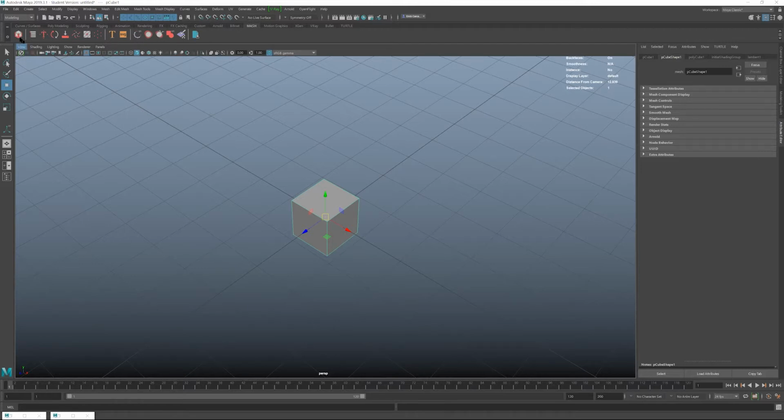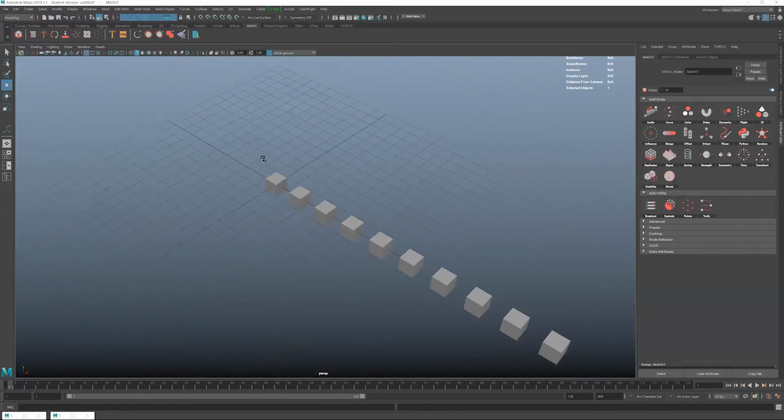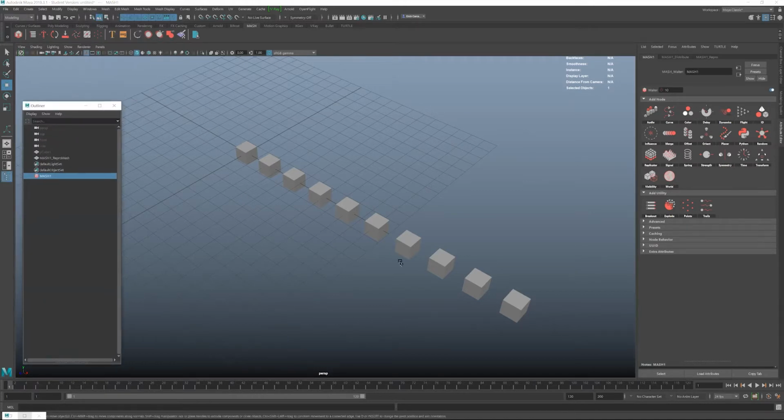Under MASH, you will find one here at the corner that says Create MASH Network. As soon as you press that, let me also open an outliner so we can see the different